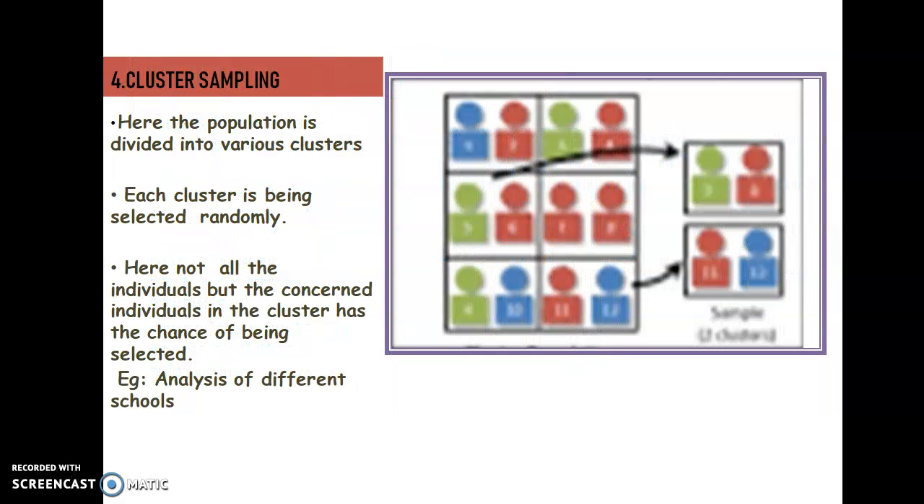Then cluster sampling. This is also another kind of sampling. Here we are dividing the population into different clusters and selecting certain clusters. Here there are 1, 2, 3, 4, 5, 6 clusters and we are selecting the third cluster and the sixth cluster. So each individual from the cluster is also having the